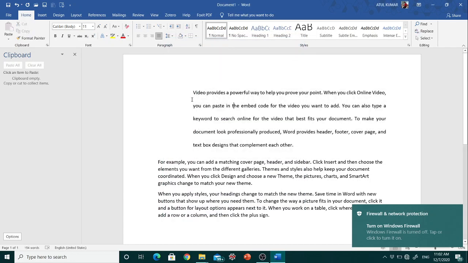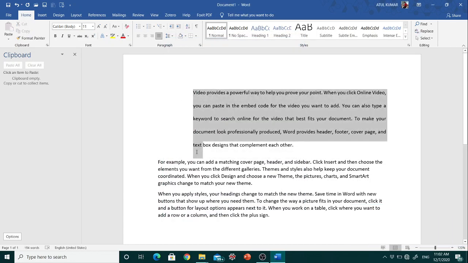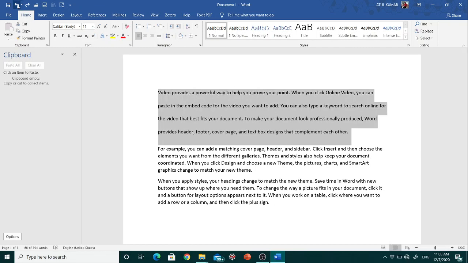This space is 1 inch. So if you want the space in your paragraph indent from the left or right, then there is an option of left indentation and right indentation. So I just undo here.